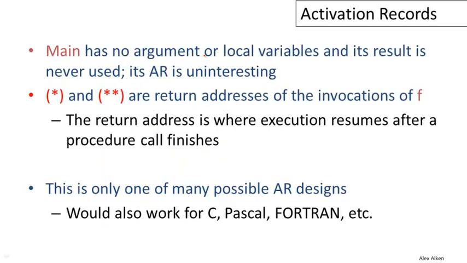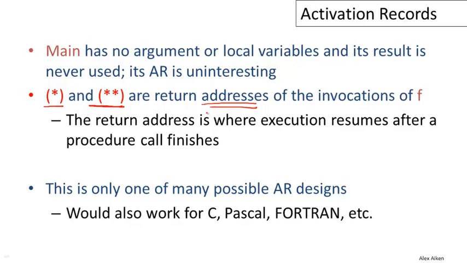To summarize some of the highlights of this example so far, I want to repeat that main is not very interesting. It has no argument or local variables, and its result is never used. And so while it does have an activation record, we're just not focusing on that, and we're not concerning ourselves with what goes in that activation record. We're just focusing on the activation record for F. Just to be sure this is clear, the star and double star that I used in the example, these are addresses in memory. These are actual memory addresses, and they refer to addresses of code. Those are the addresses of the instructions that come after the call to F,